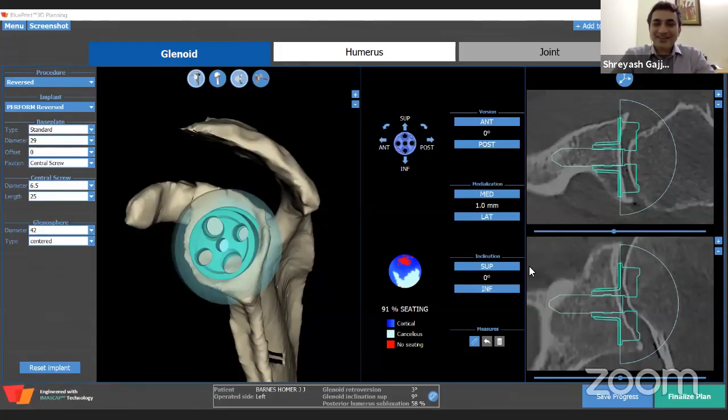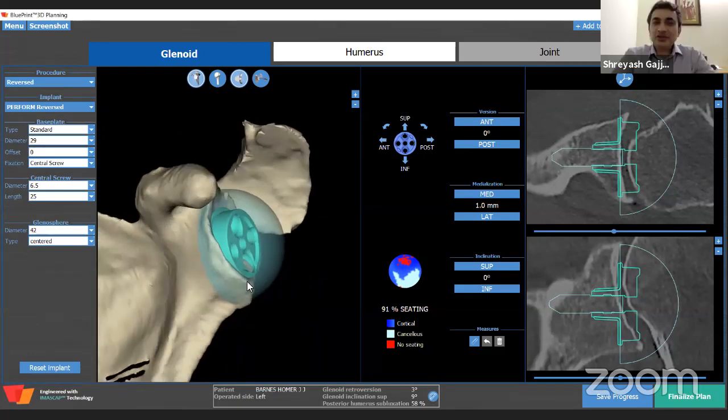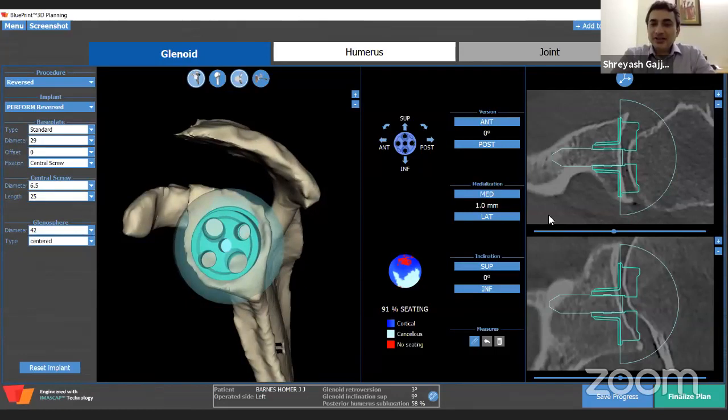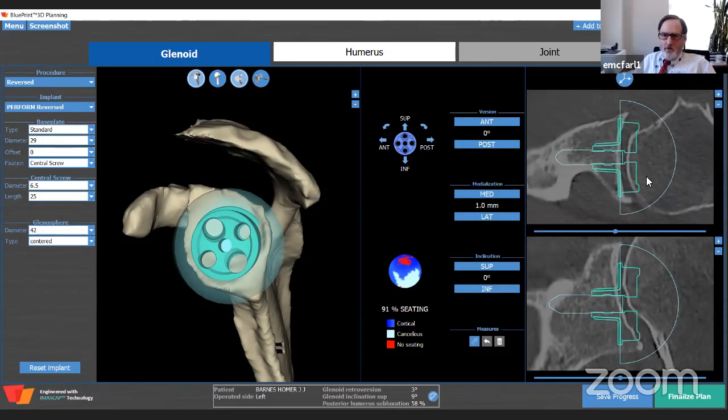So yeah, that's a customized planning, from which you're going to make an implant. That's the software the French are also using. Right, Pascal Boileau and team. Yeah. Right. Well, see, the beauty of this is that